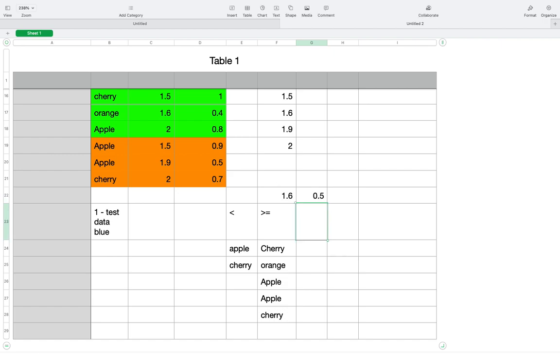And we get 0.5. All right, excellent. The next value that we can do is going to be